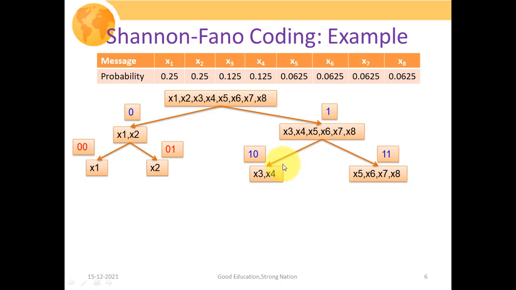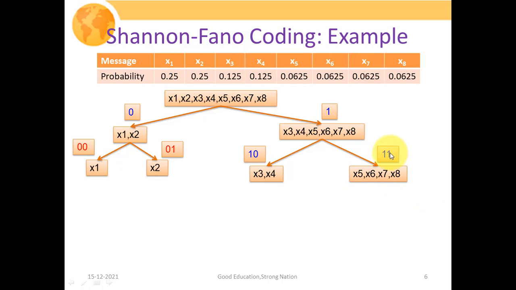So that is 0, 1 and again 0 and 1, and the root branch, the code associated with this complete subset x1, x2, is 0. So we maintain this prefix 0, which is common, and for this further subset x1 we have used this 0, and for this subset x2 we have used the symbol 1. In a similar manner, this 1 is for this complete subset, and when we further subdivide it, we use this prefix 1 in both cases, and for one subset we have used 0 and for the second subset we have used 1.